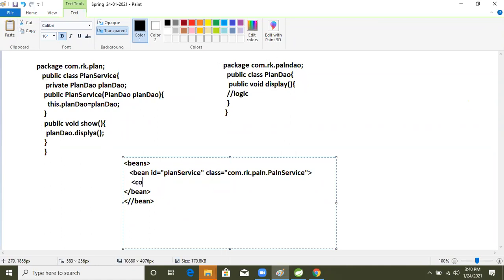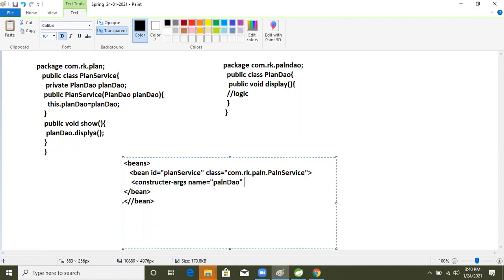The tag is constructor-arg, because we are using constructor injection only. Now the name attribute: in the name attribute what we will pass is planDAO.